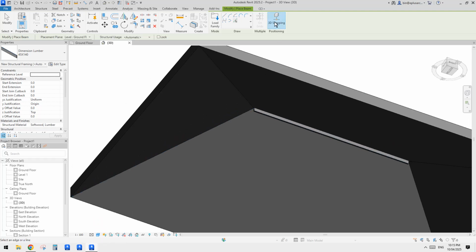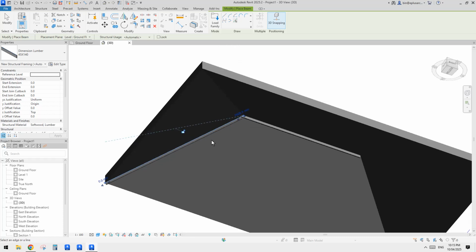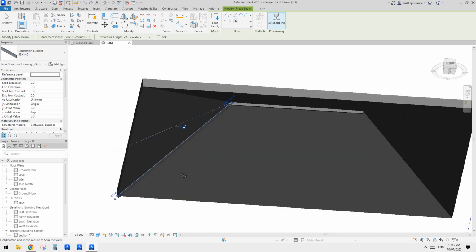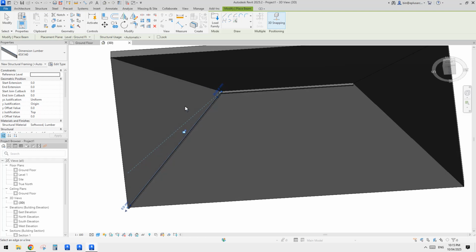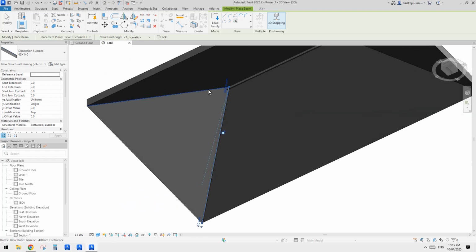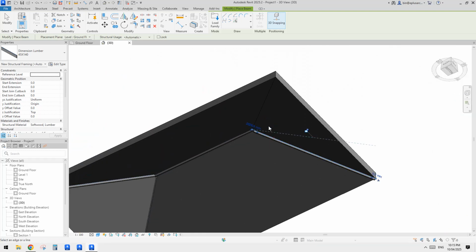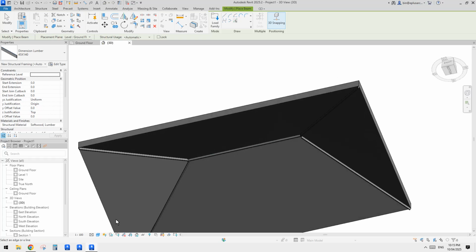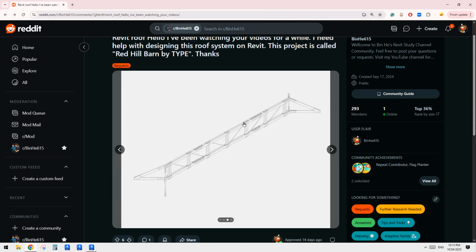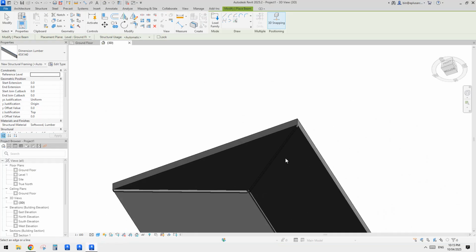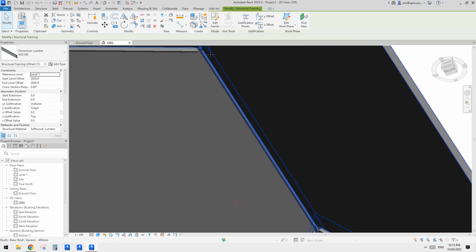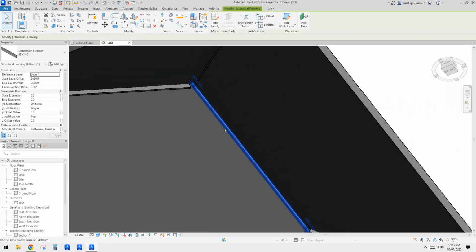And also with the 3D snapping, if we pick this one, it will also create a beam following the ridge line, right? So it's on an angle. So let's just quickly place another one. Now, and then this one. So now because we have two, right? I'm going to select this beam, and then I'll use